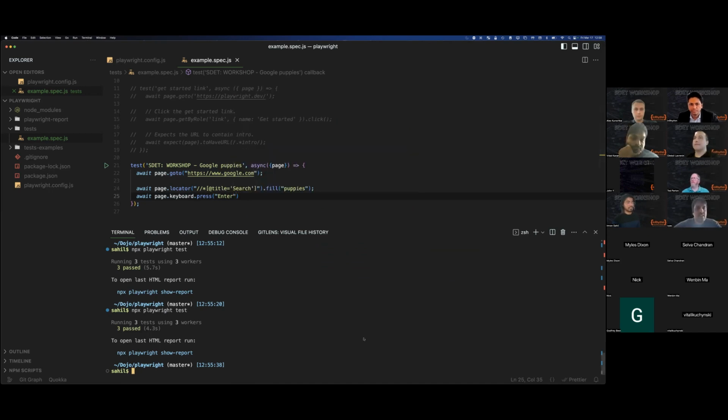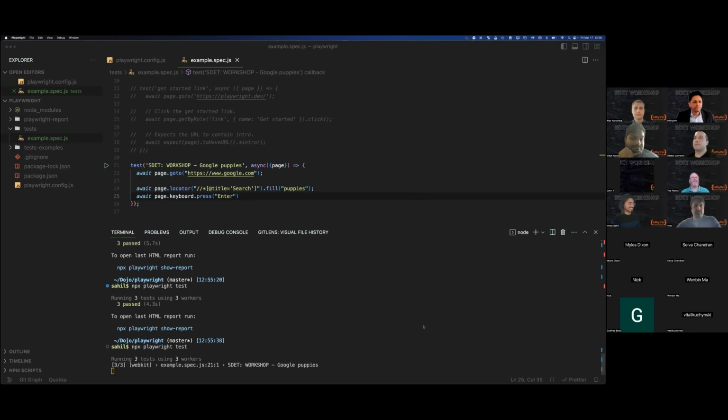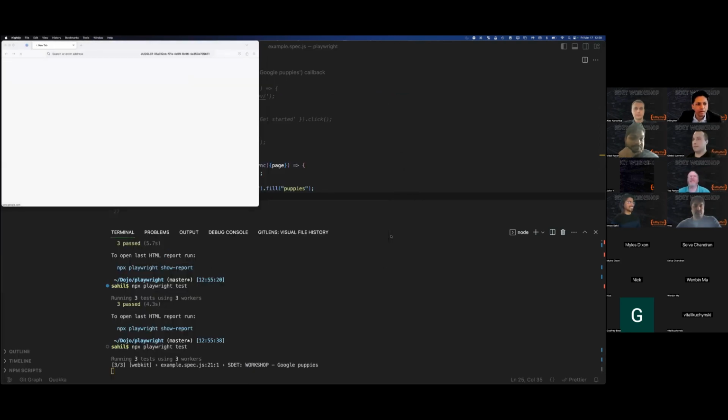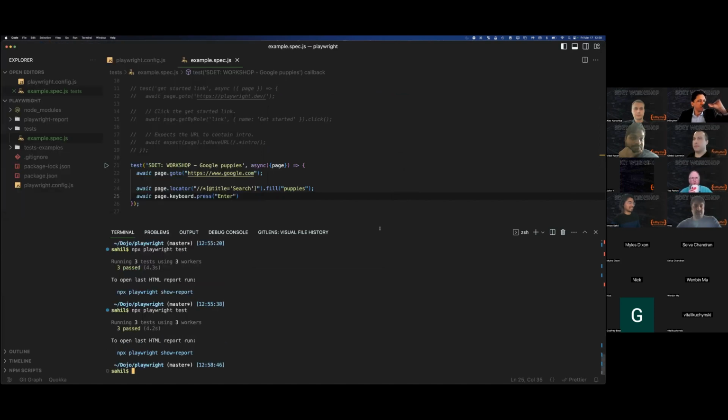All right. So we're running this test. We're looking for puppies, and we need to see some pictures of puppies before we can call it quits. Before running, just make sure that you put the semicolon. It happened fast. Yeah, actually, one more time. All right.